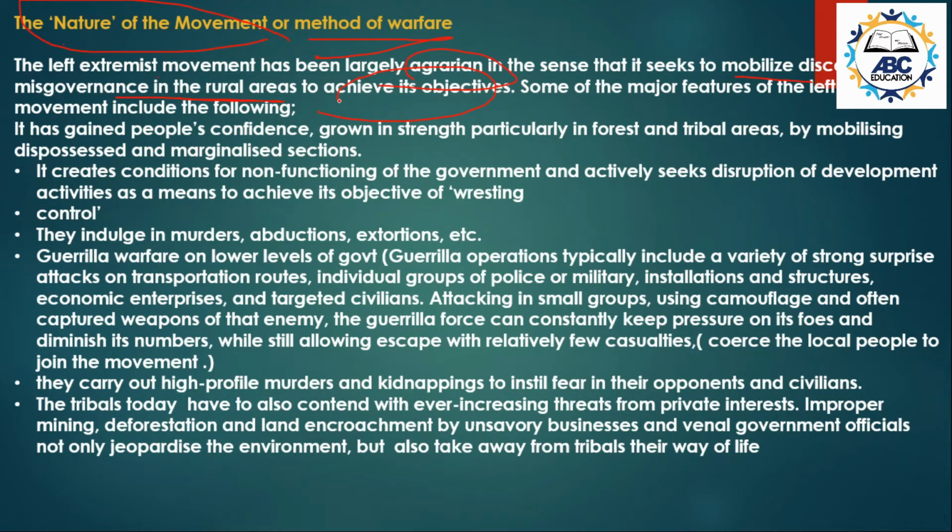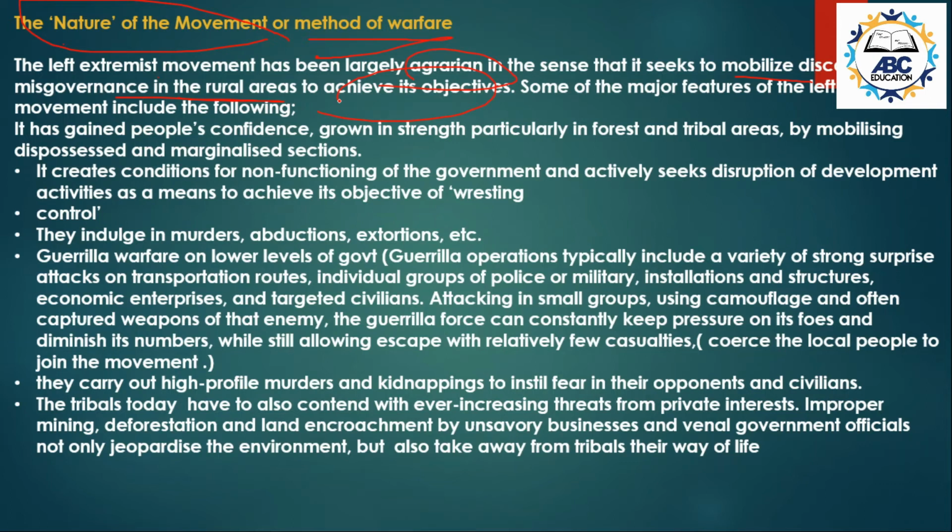They are feeding upon these grievances which are present in those Naxal affected areas, and what they are doing on their part is they are saying that you support us against the government. They are creating a feeling of alienation amongst these population against the government, and they are saying that your government is not there for your welfare. You support our cause, and you provide us information, and in return we will establish an alternative system of governance, and we will run a parallel administration, parallel government over here, and we will provide you